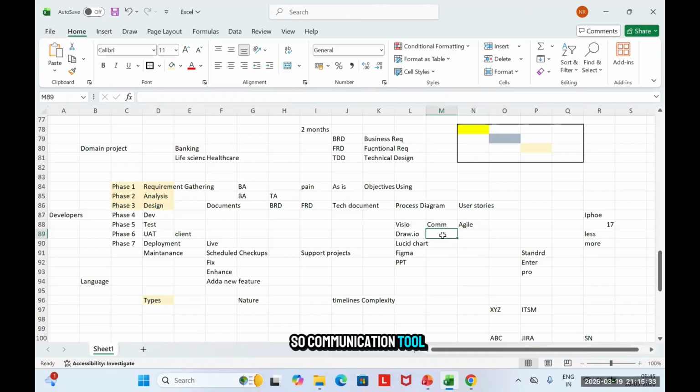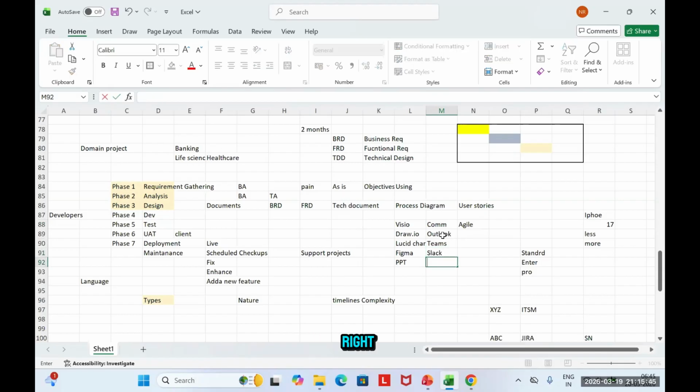So communication tools could be Outlook. Then we have Teams, I mean Microsoft Teams. We have Slack. Trello is there, right? So these are the communication tools. And then I'll also have tools for documentation. It again depends on what the client is having.